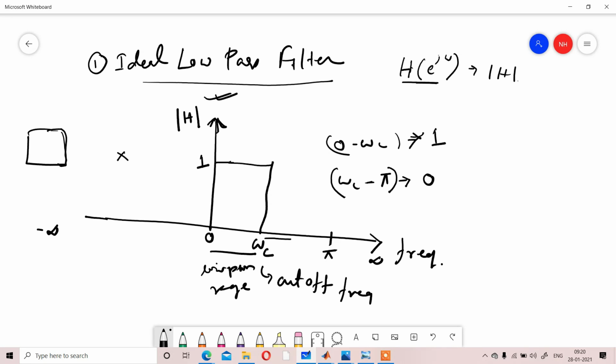The image frequency range which is within that range will be shown, and the frequency range over that range will be 0.